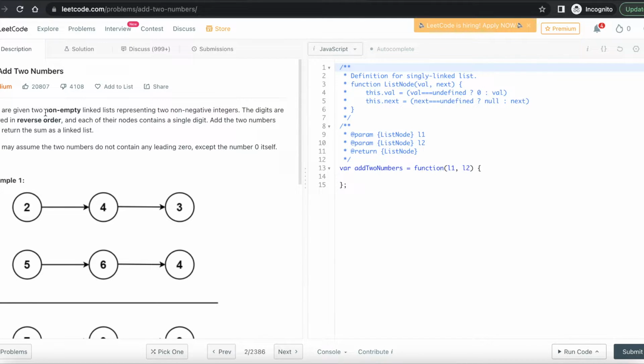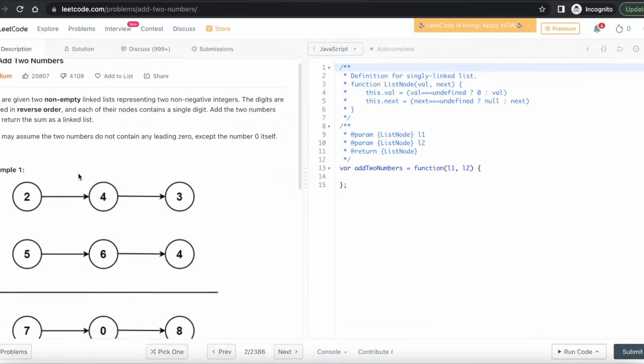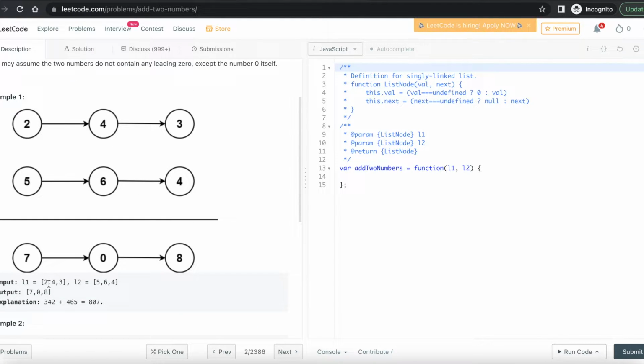You are given two non-empty linked lists, so we know that both of the linked lists that we are going to get are not going to be empty, representing two non-negative integers. So only positive integers. The digits are stored in reverse order. And what that means is that basically our lists are 2, 4, 3 and 5, 6, 4, but the output has to be 8, 0,